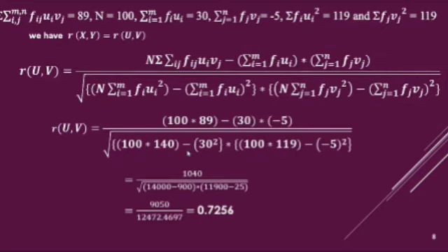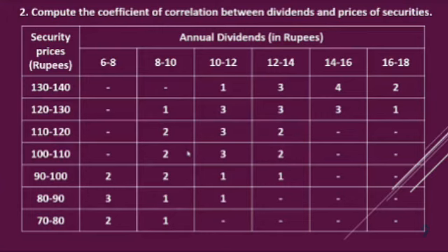Then substitute the formula that I have explained. You substitute and find out the value of Rxy, that is equal to RUV. We know one of the properties of the correlation coefficient, that Rxy is equal to RUV. Then interpret the correlation coefficient. Now you have studied about the probable error. Now you can check whether the correlation is greater than 6 times the probable error, whether the correlation is significant or not.